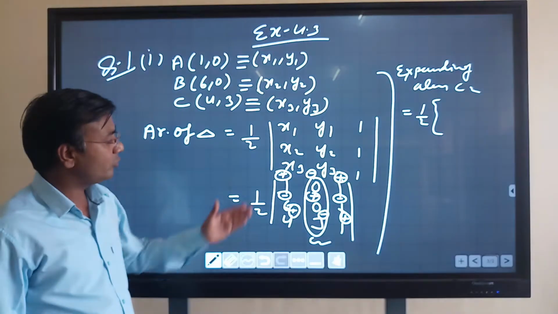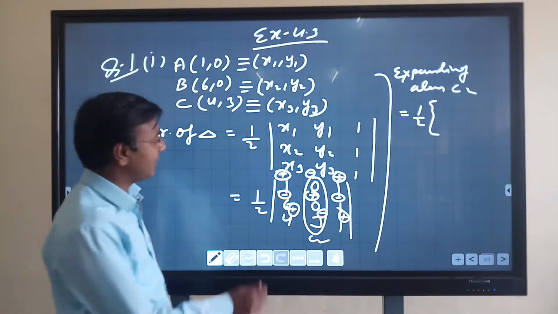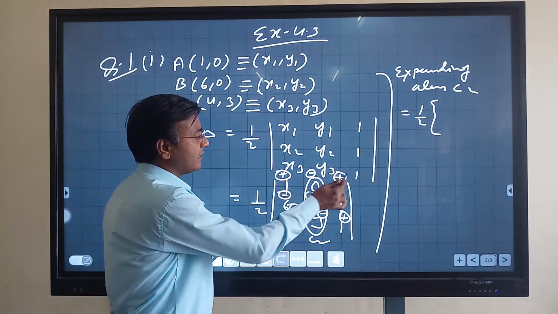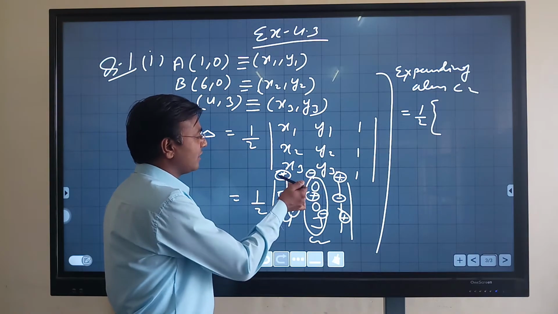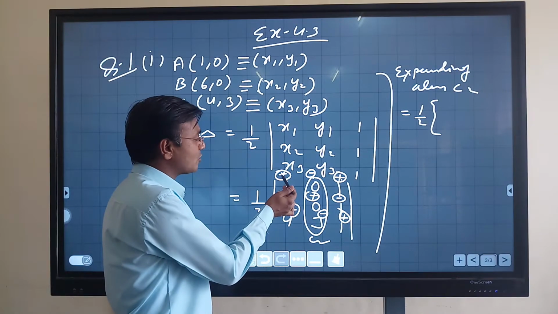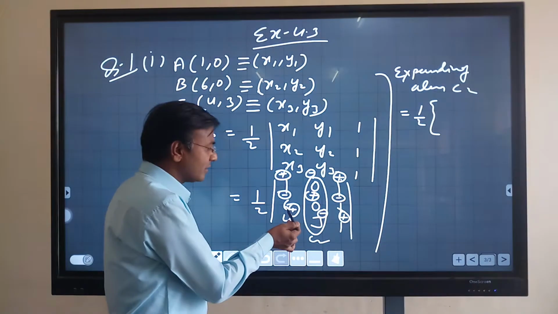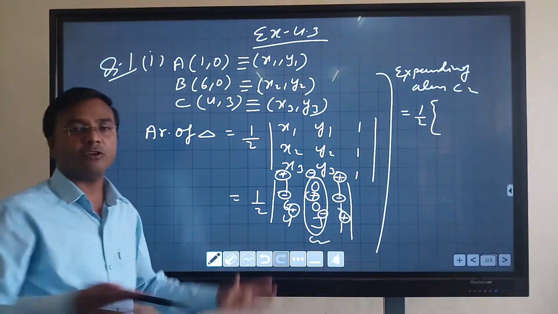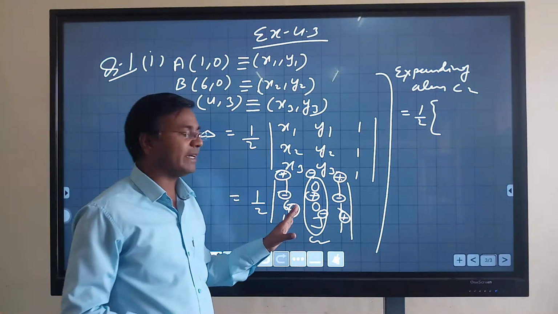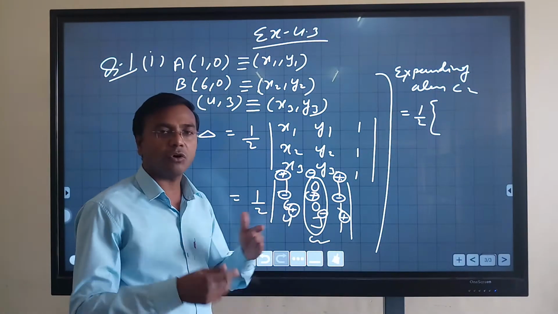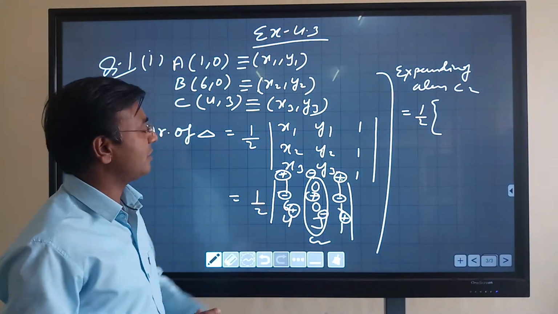If you see, you will be getting an alternate way, like plus if you look at this side, then minus is coming. If you look at this column side, plus, minus, then plus, minus, plus. So from many of the sides, you will be getting plus, minus, plus. That is the alternate way of symbols coming.